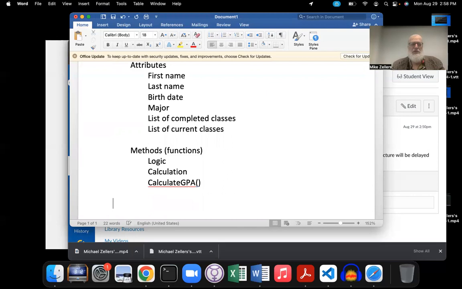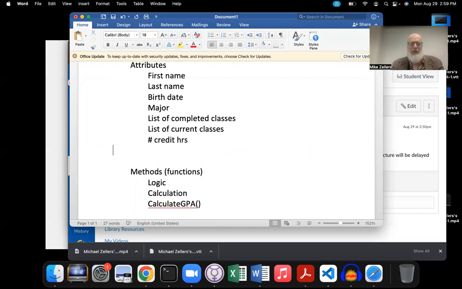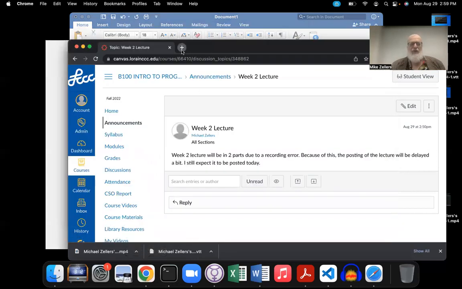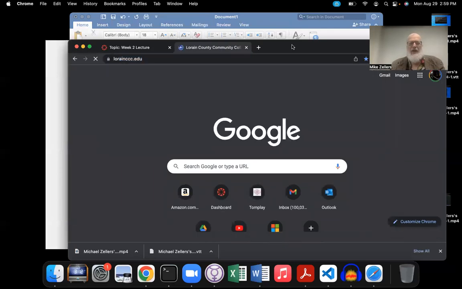Or calculate tuition. In our case, we have two attributes that I haven't put up here. The number of credit hours and the residency code. Is the student in county, out of county, or out of state? Because if we look at LC's method of calculating tuition, which you do need to write code for in this upcoming assignment,